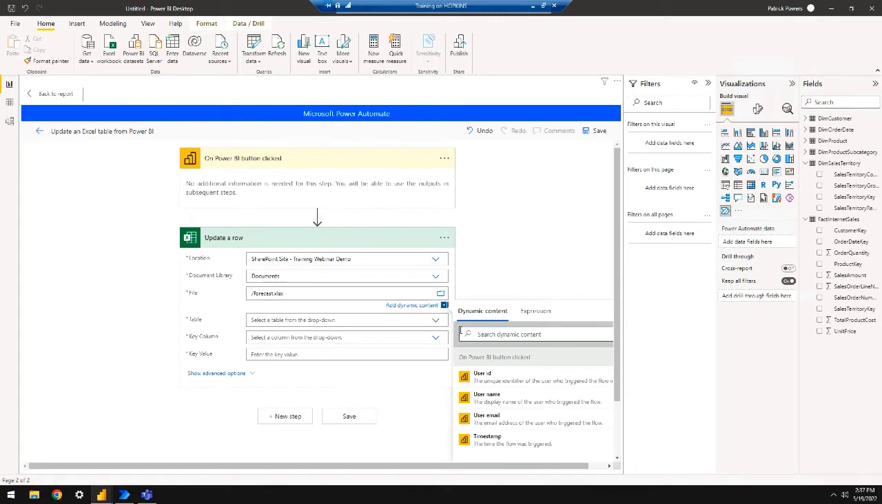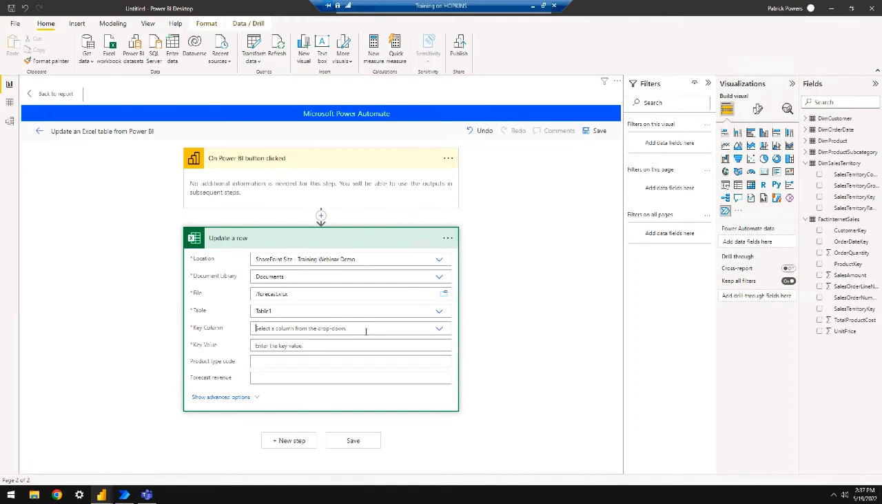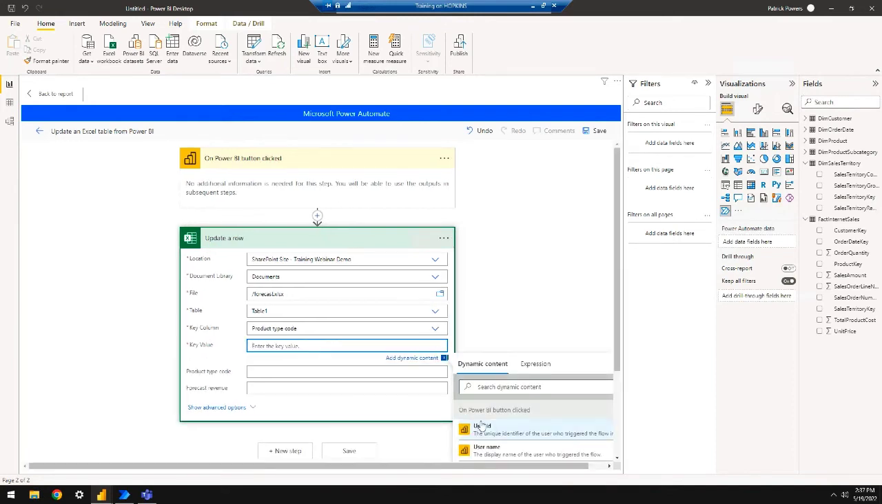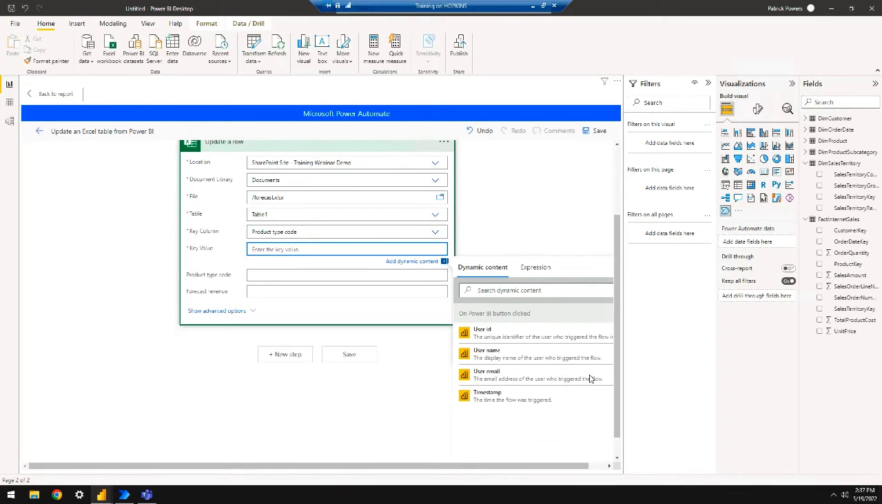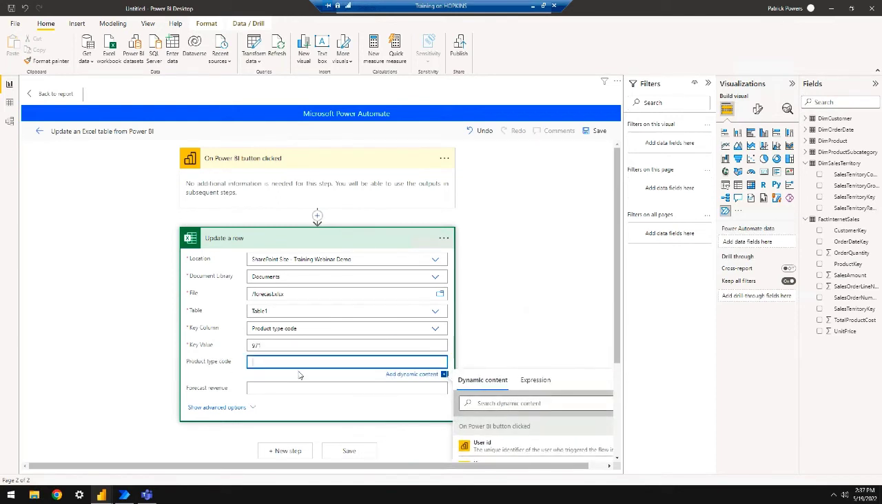I only have one file out there. I'm going to specify the table. I'm going to specify the key column. And I'm going to specify the key value. So I'm going to update that based on the row I want to update. Okay? So this is based on the row I want to update. So I'm going to update 971 and I'm going to update it